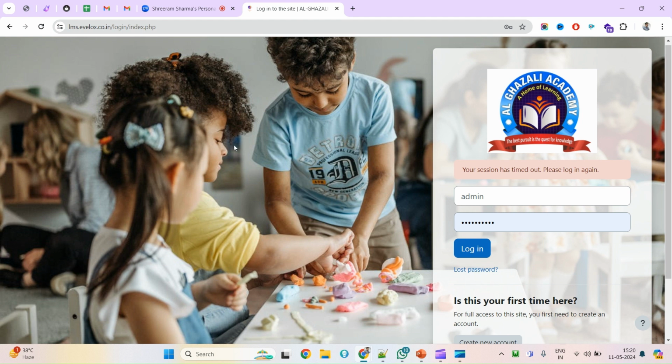Hello and welcome, guys. So today we'll see the demo of our LMS, that is the Avalox LMS, and this one is your login page. You can see here on my screen,